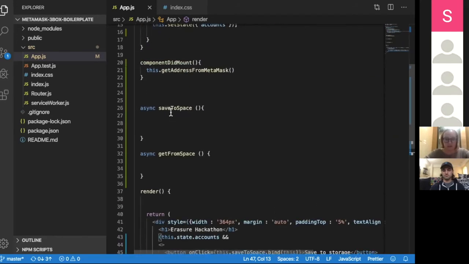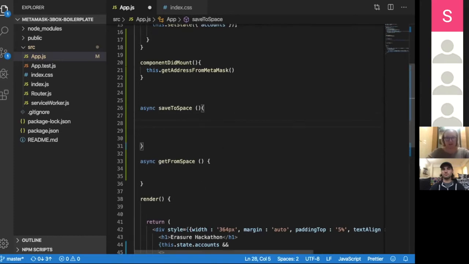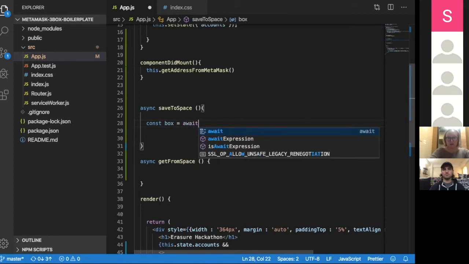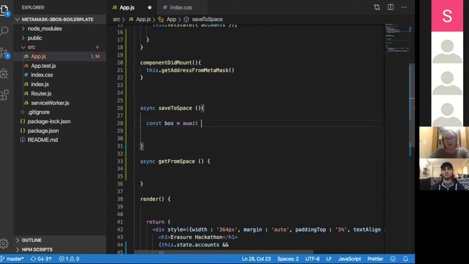So we have saveToSpace and getFromSpace. As you can imagine, this is where we're going to save data to spaces, which is 3Box storage, and then also retrieve data from 3Box storage as well. So let's dive in and write some code. The first thing, whenever you're working with 3Box, is you need to authenticate with 3Box, and I will do this here. Of course, when we're working with authentication, this is cryptographic authentication, but it will be asynchronous, so we can